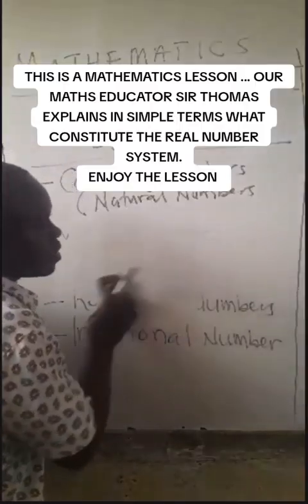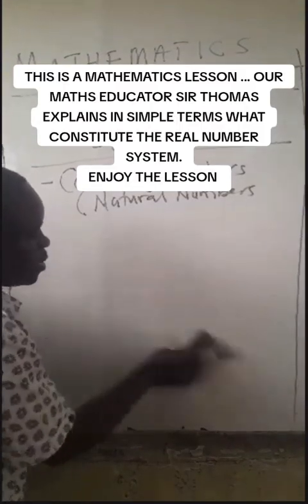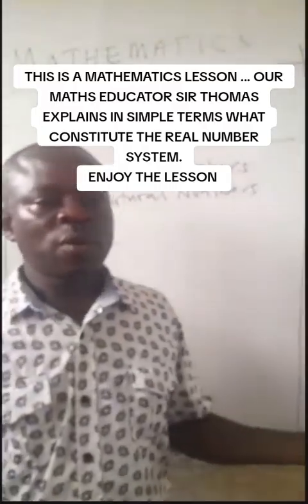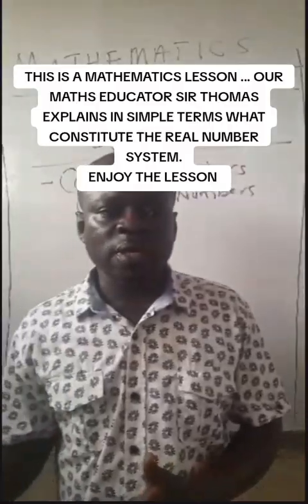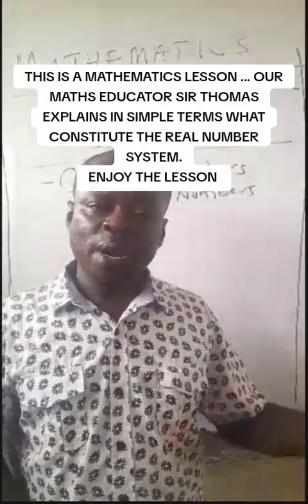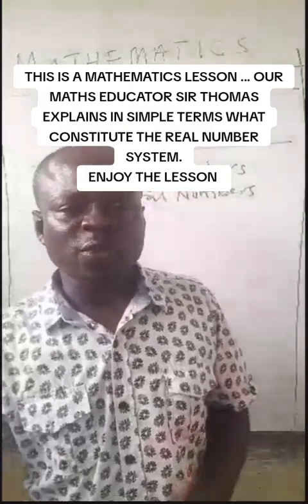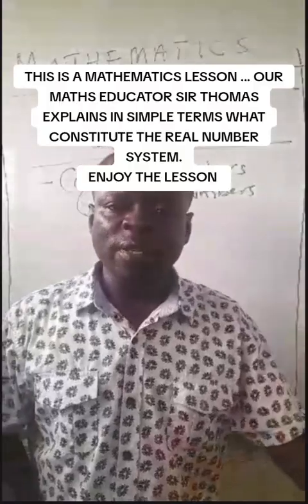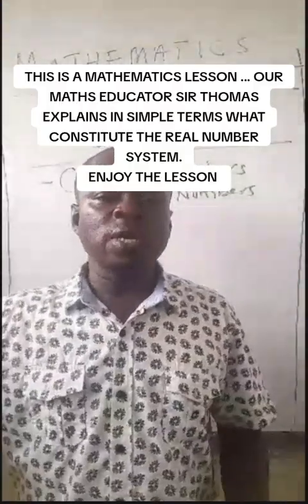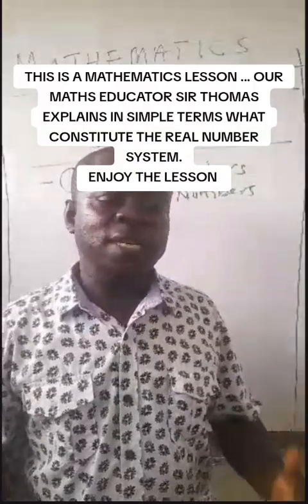I'll start with the counting numbers. Now, counting numbers started like this. Man began naturally counting. When we went to our business fields and our various social endeavors, daily lives, the farmer began to count his seeds for planting. The trader began to count his wares for selling, and everything began with counting. So 1, 2, 3, 4, 5, and so on. So counting numbers came naturally.